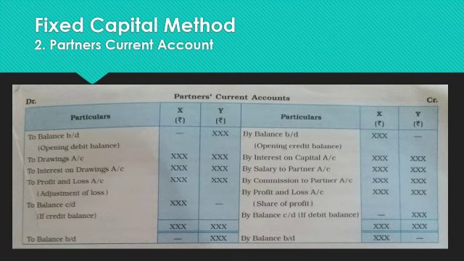And to the credit side, interest on the partners' capital allowed by the firm, salary, commission, rent, interest on loan, allowances, etc. payable to the partners. And then distribution of net profit and net loss of the firm. Lastly, the closing balances can be shown. So that's it about the partner's current account.